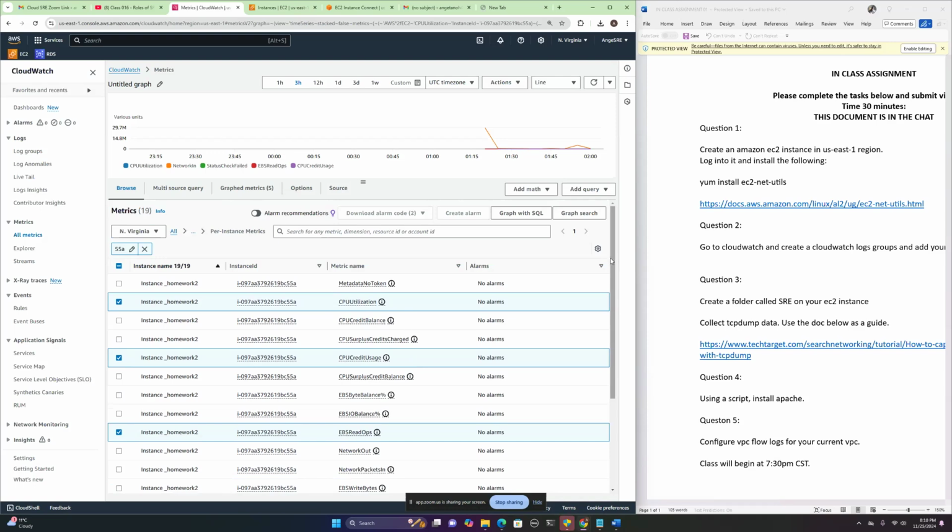So scroll up. We can look at our chart there. It's not very much because we don't have much activity. But you can see the various lines. Blue is CPU utilization, which is very low. Network in, status check fail. We don't have any status check fail. Then on the left-hand side there, Kwasi,